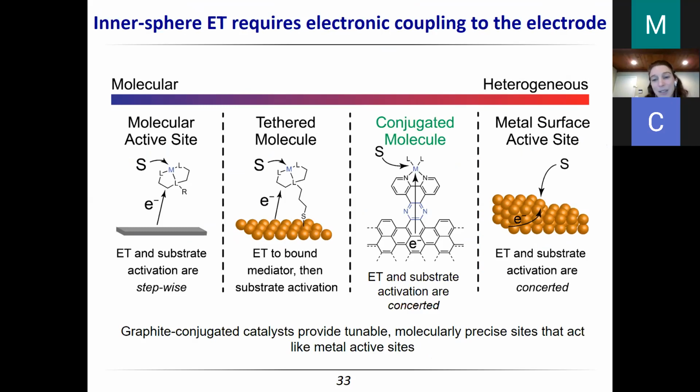Now that we have these types of active sites, you can imagine looking at spectroscopic studies where we actually know what the active site looks like. When we're getting kinetic measurements, we know that we're looking at the conjugated sites and that they're all similar, so that we can actually get structure-function relationships from them. And since they in fact do catalysis, we can start looking at the factors that control catalysis and which of our design principles from molecular solution phase electrocatalysis translate to heterogeneous catalysis and which ones don't. So this is a direction that I'm very excited about.